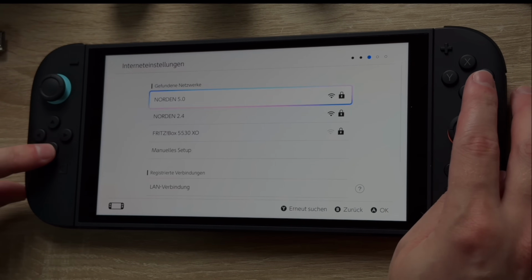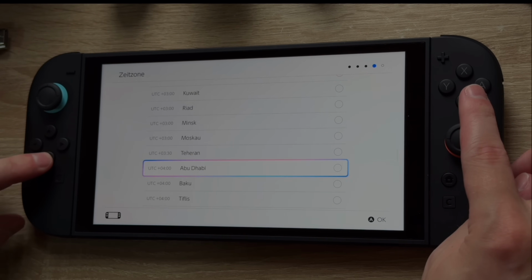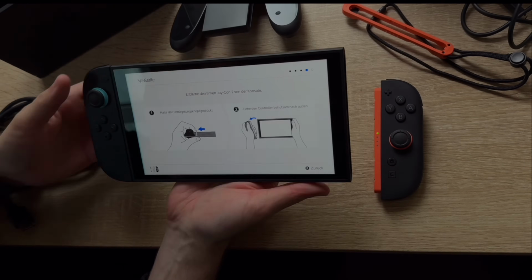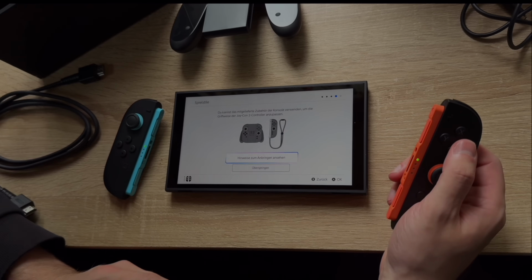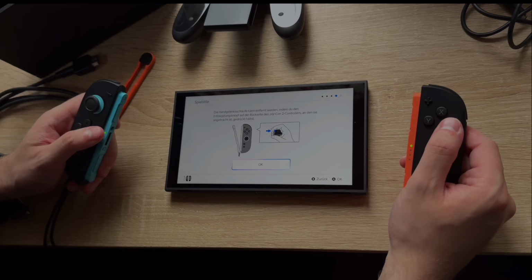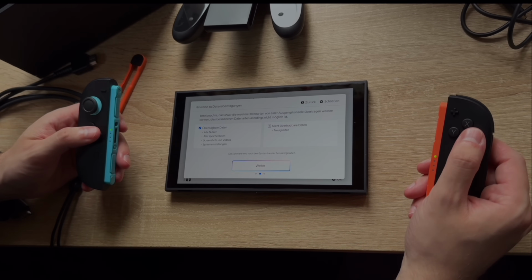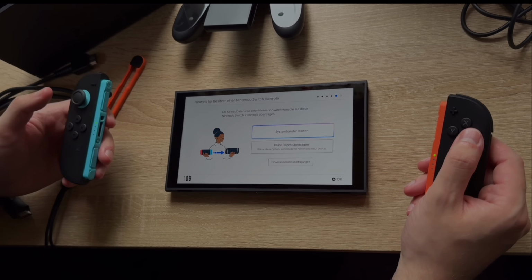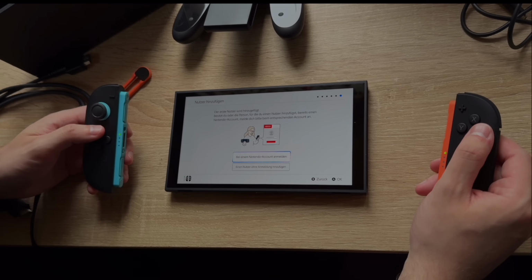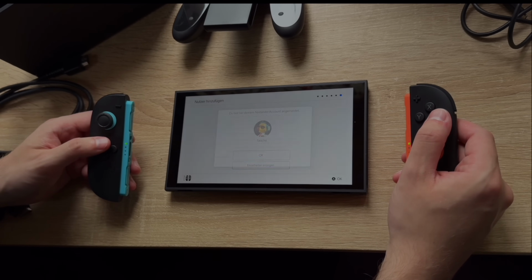and brings you back to the setup. After you reach the setup, or before you continue with the setup, you should switch off the console and give away your Nintendo Switch 2 console in factory settings. Or of course, if you like, you can make a new setup as well.